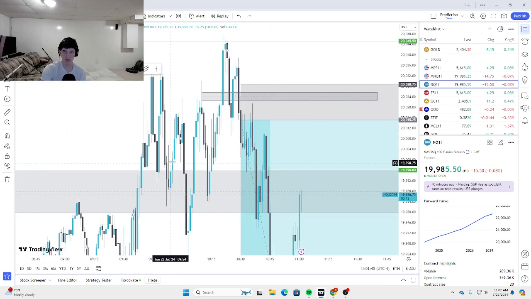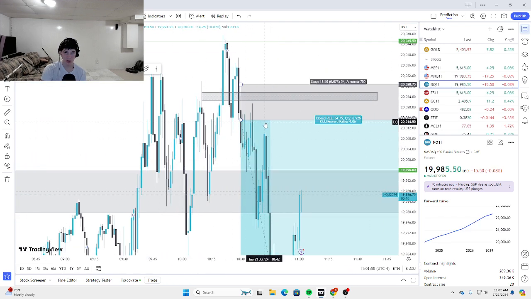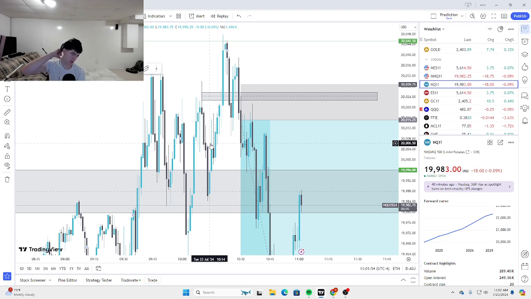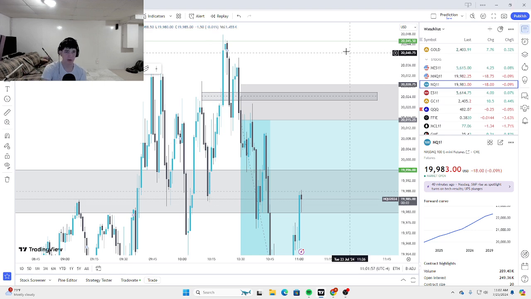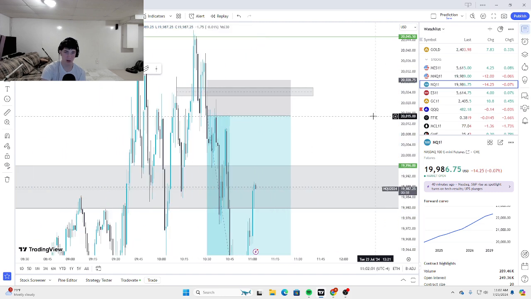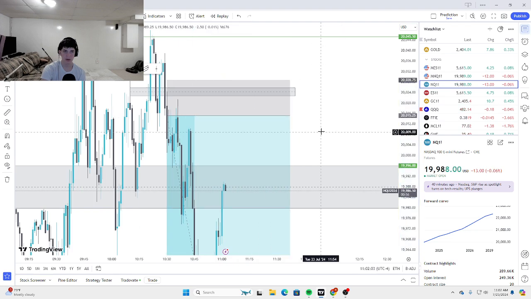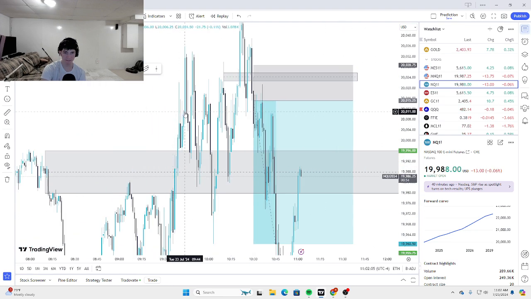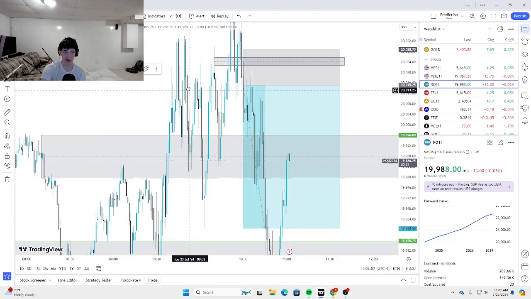And we actually even got a better entry because we waited a little more, and we see it wick up like here a little bit. So I'm like, okay, I'm gonna enter. It's a great entry. Stop loss is only like 200 bucks, so we definitely did not over leverage. 200 bucks, not bad at all. We can lose that. And then, yeah, from there, not much to say other than we dumped.